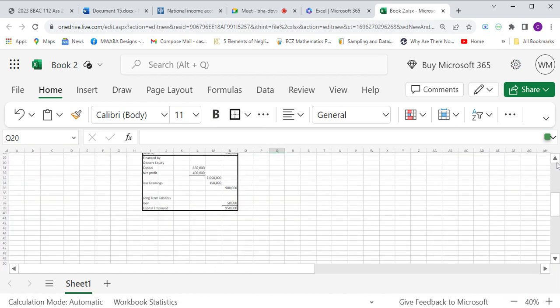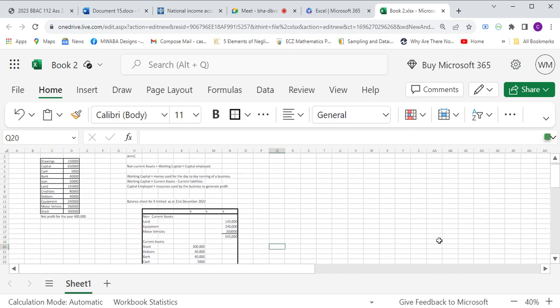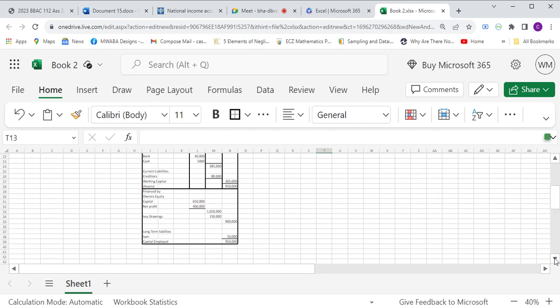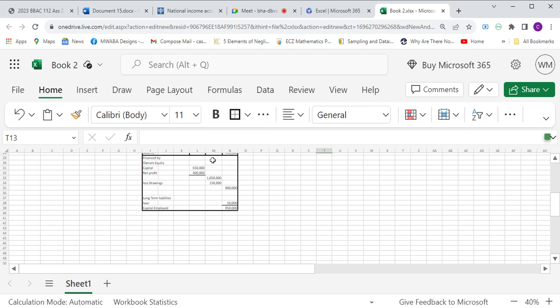To calculate a net profit or a net loss, right? So before you make your balance sheet, you have to remember you have to start with the trading account, then statement of profit or loss. So they'll never forget to give you this information about net profit. If it's a question where you just have to make the balance sheet, if they don't, the balance sheet won't balance. So they will always give you